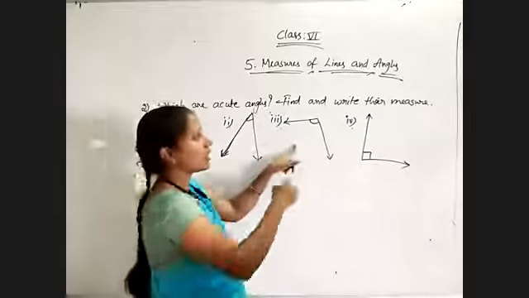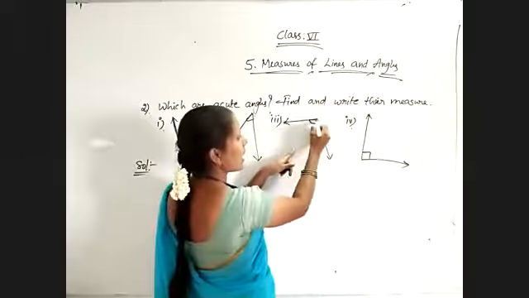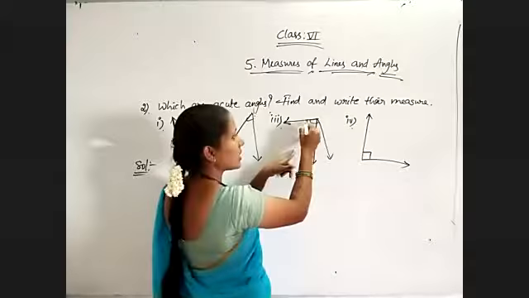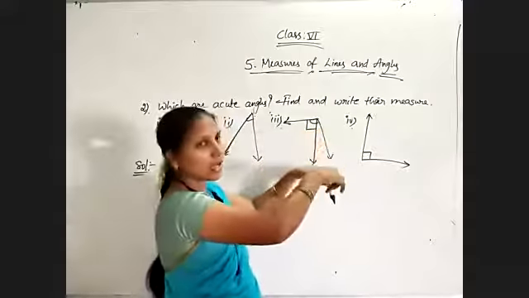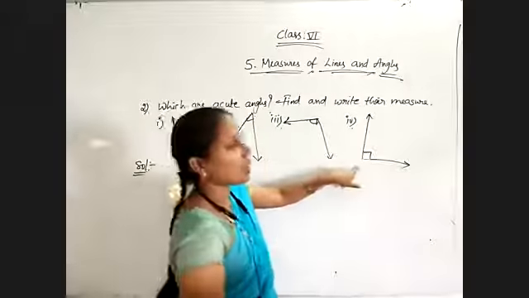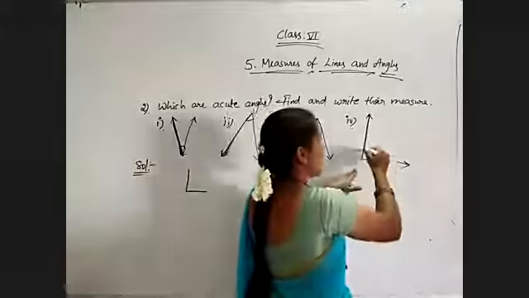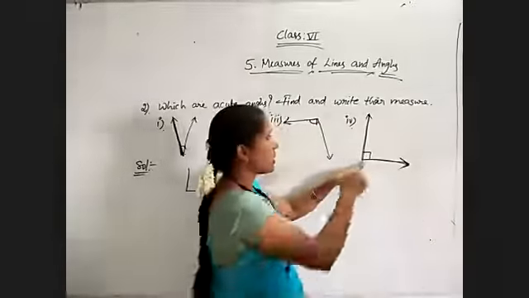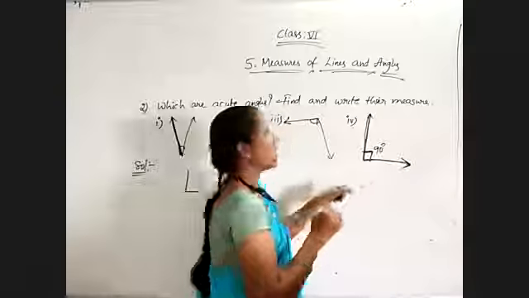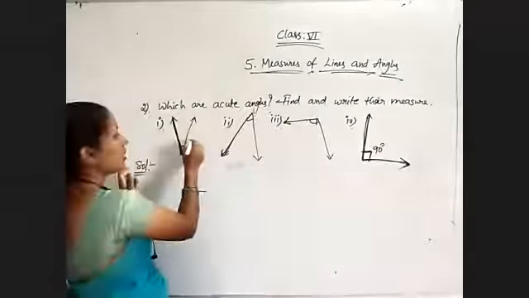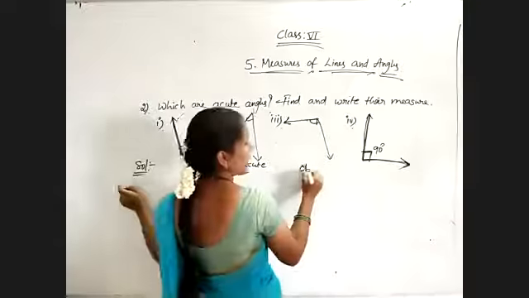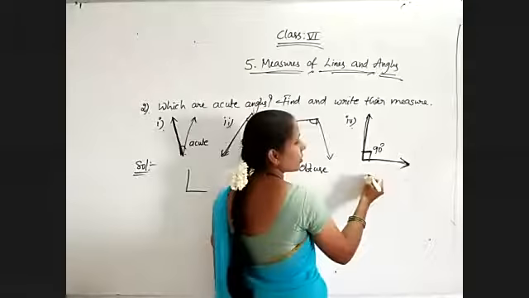Coming to the third question, I take this one as the base arm, and for this I construct 90 degrees. Then the other arm is beyond 90 degrees, so it is an obtuse angle. Coming to the fourth problem, take any one of the arms, and it is very easy to understand. Both are like an L shape, so it is making a 90 degree angle, a right angle. So the first one is an acute angle, the second one is also an acute angle, and the third one is an obtuse angle, more than 90. The fourth is equal to 90, so a right angle.